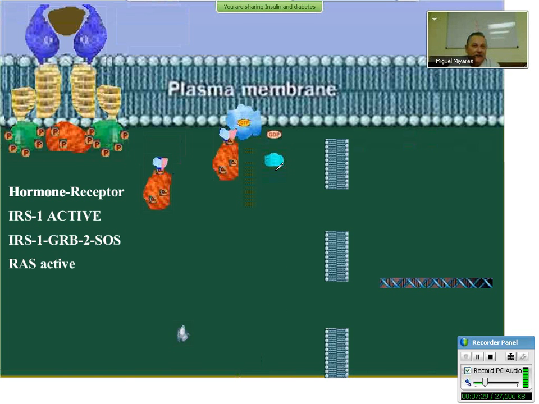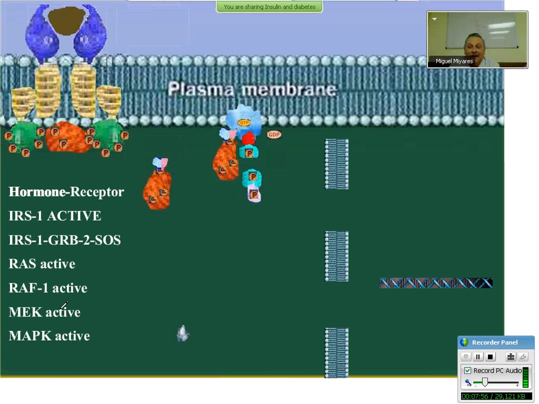And this RAS protein will produce the activation of the mitogen activated protein kinase cascade, coming or starting with RAF1. This complex, RAF1 active plus RAS plus GTP, will produce phosphorylation of